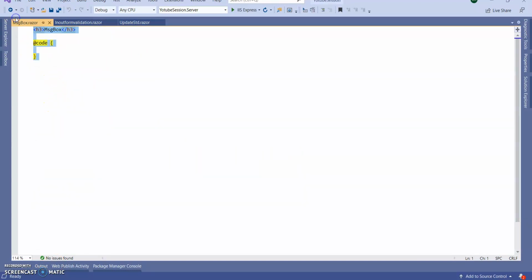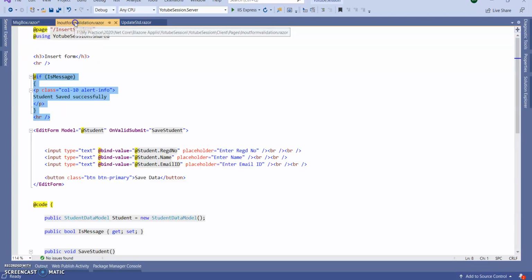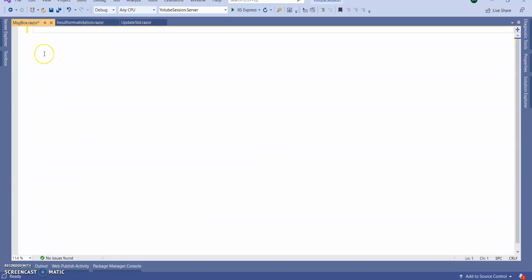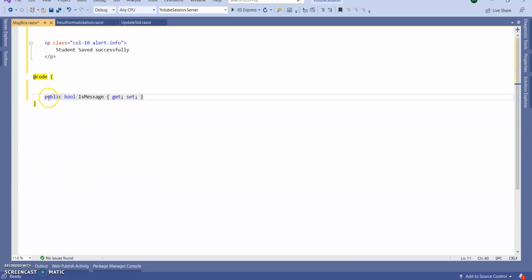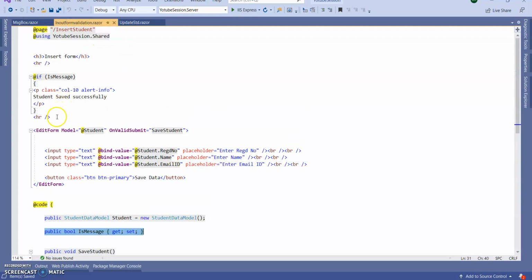I don't need this message box and code here. I need this complete paragraph inside my new Razor component. So this is the message. Here I'm going to write the same kind of condition I wrote for the Boolean value. But before doing this, let's see whether our message box Razor component is working or not. For this, let's comment this code